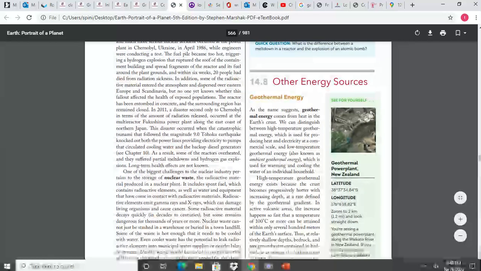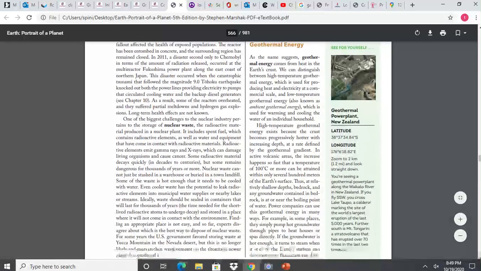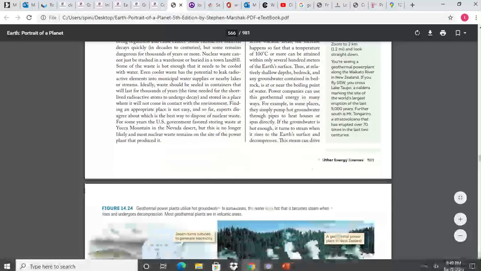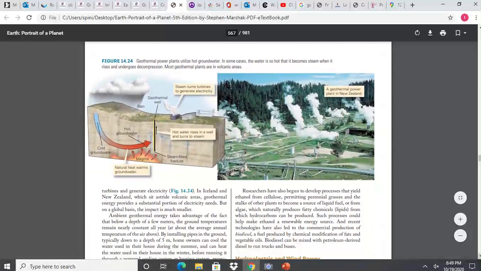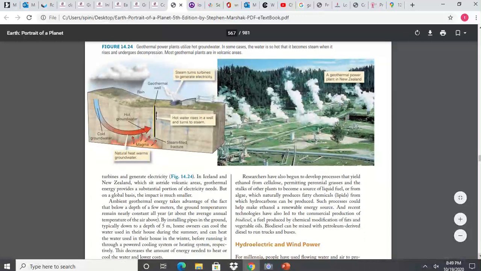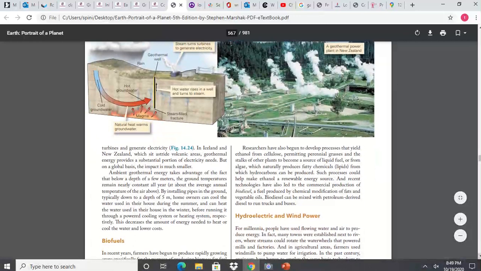Then when we talk about renewable sources, we talk about geothermal, and again, geothermal kind of depends on where you live. New Zealand, there you can see in the picture, uses geothermal energy, as well as, like I said, Iceland. I think the entire island of Iceland is heated by geothermal energy. So they have zero energy bills, even though they live in a very cold climate. They get free heat. That's probably what this is here. I'm not sure. Could very well be. Oh, that's still New Zealand.